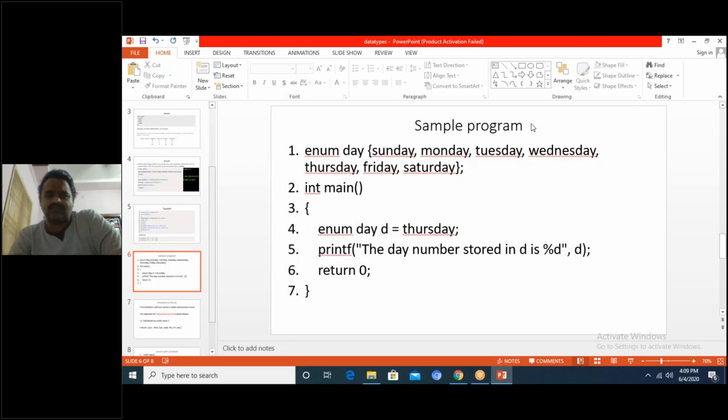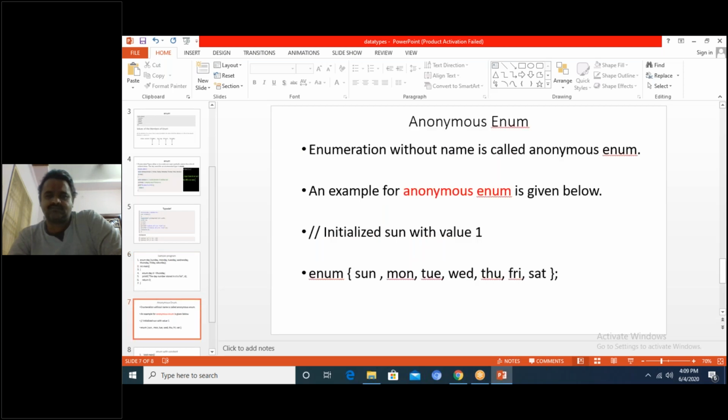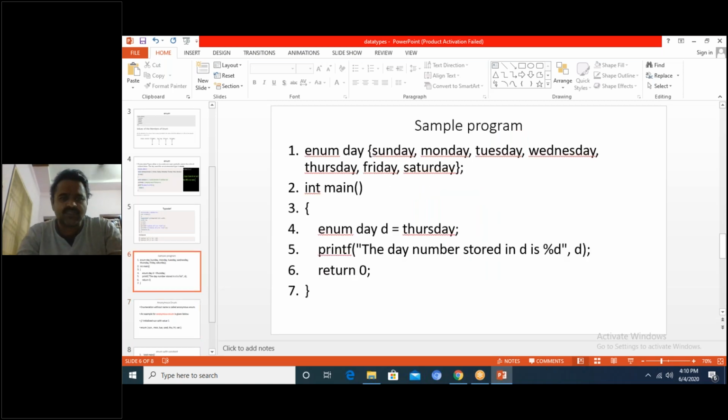This is one more program using enum. Here if we see, enum is a keyword, day is the name of the enumeration.